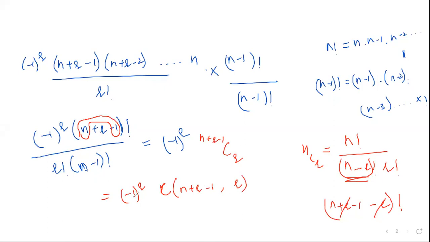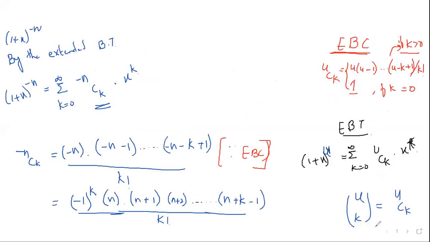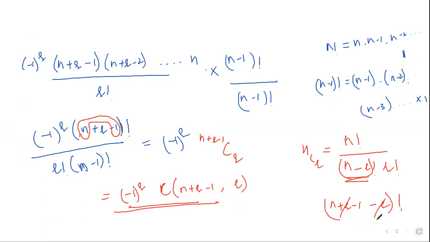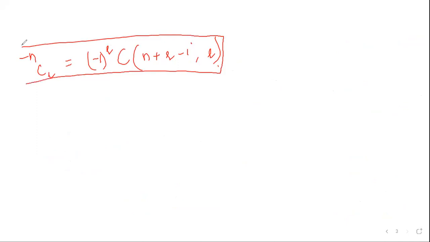Now why did I do this? We didn't actually need it for this term to be found. I did this entire theorem, but this is not a part of your actual problem. This is an extra proof. Otherwise you can directly remember this. So you can say that minus NCR is given as minus 1 power r into C of n plus r minus 1 comma r. Okay, so this is the formula which can be remembered. You don't need the proof.